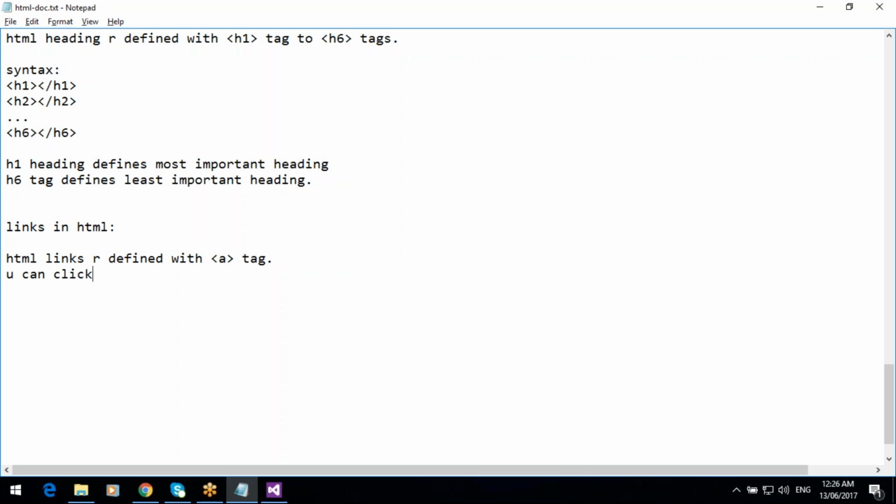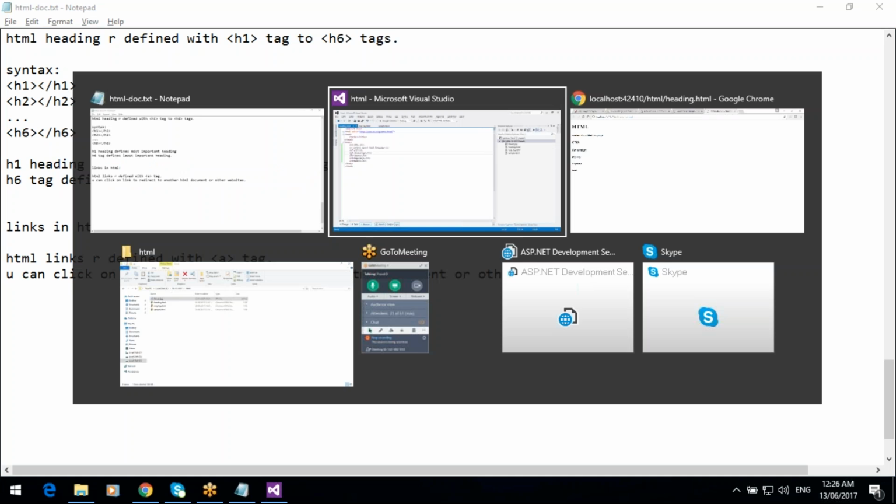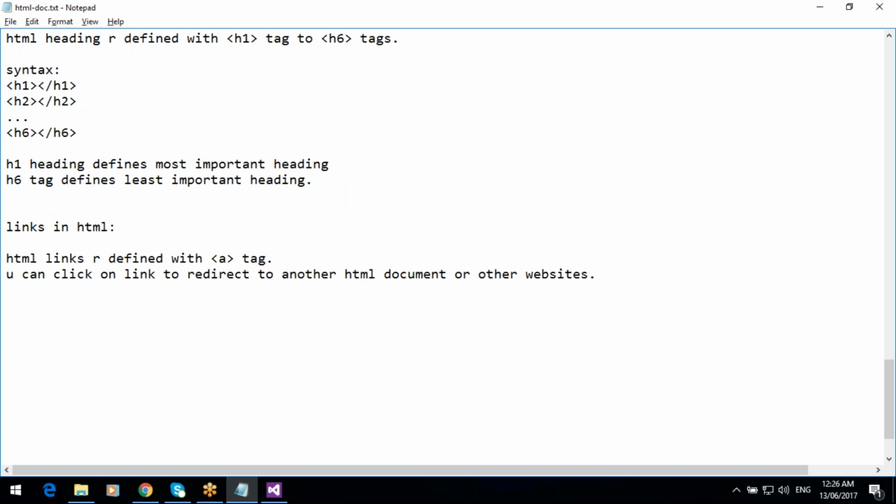You can click on a link to jump or redirect to another document. Okay, another HTML document or other website. Okay, other websites. You can redirect to other websites also. So the syntax for anchor tag,